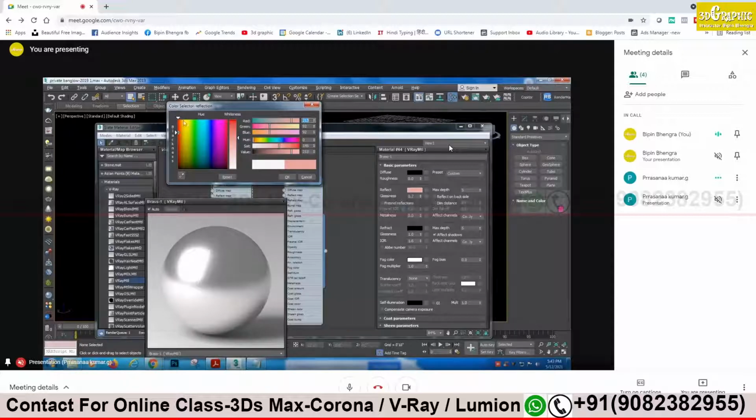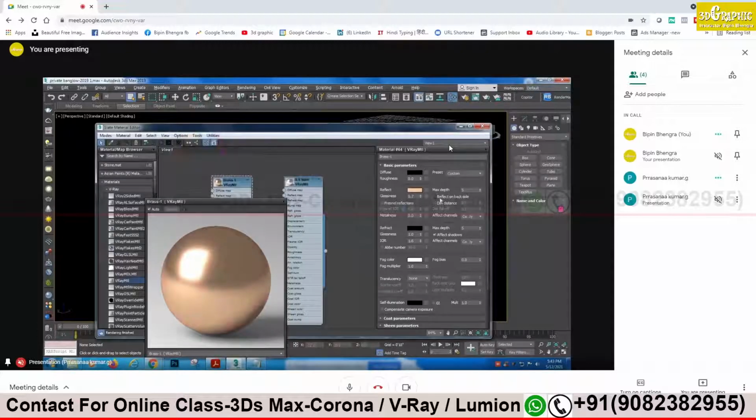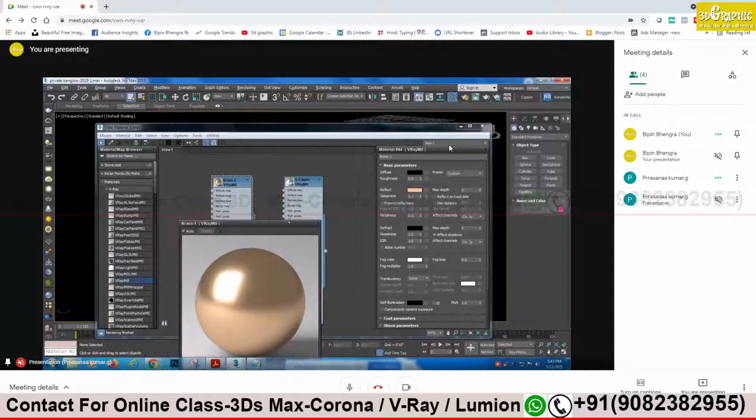A little bit of orange color, somewhere between red and yellow. One second, sir, the system is getting hanged there. This is okay, sir? Fine. Glossiness, make it one.